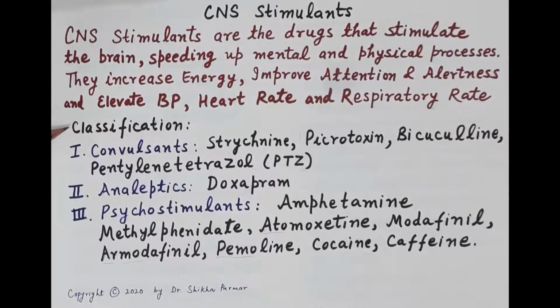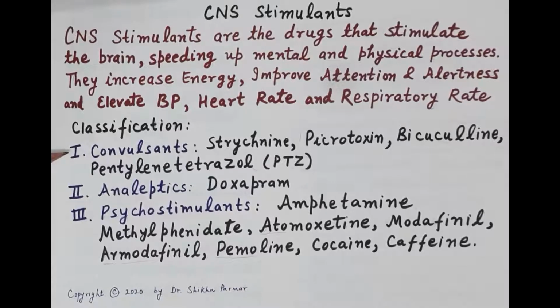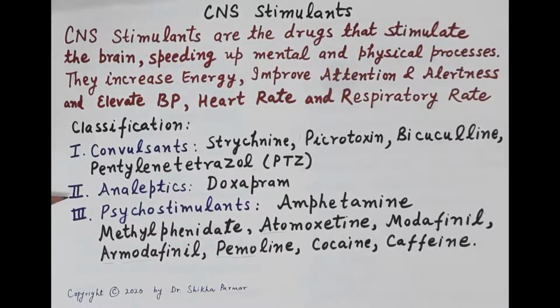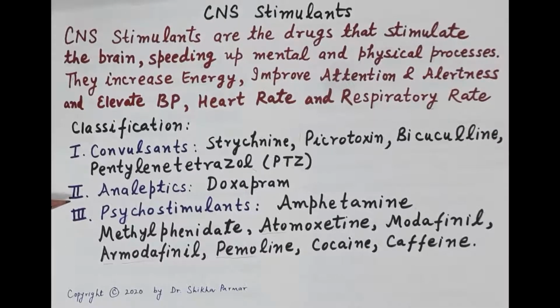Now, classification of CNS stimulants. The first category of drugs are called convulsants, for example, strychnine, picrotoxin, bicuculline, pentylene tetrazole. The second category of drugs are the analeptics. These are drugs that increase the respiratory rate and are useful in the treatment of apnea, for example,